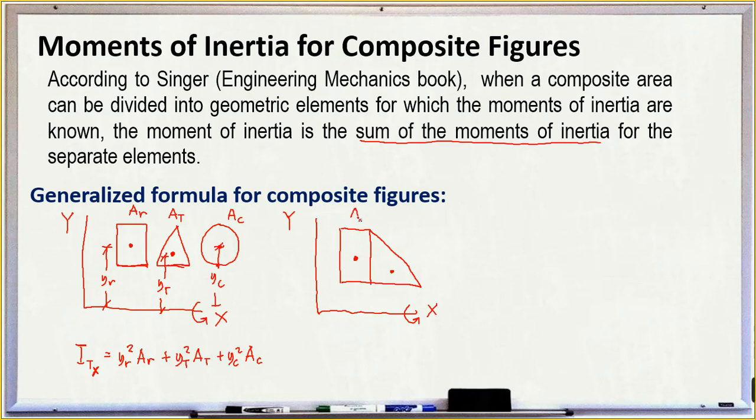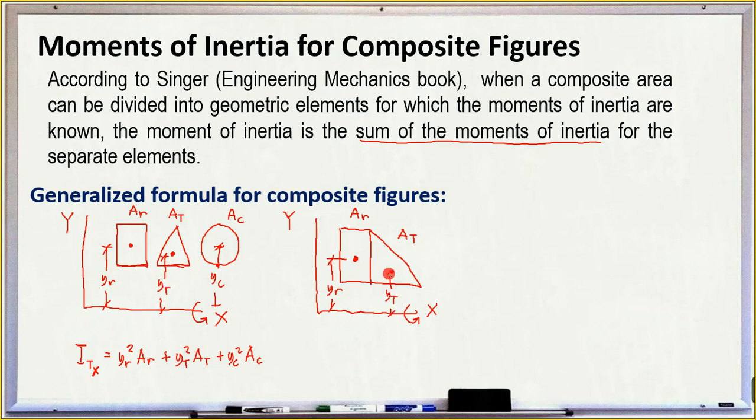Let's say on the left we have the area of the rectangle, on the right we have the area of the triangle, and see to it that you can determine the distance of each of these figures from the x-axis. Okay, so this is yr, and you must also know how to define its centroid, and this is